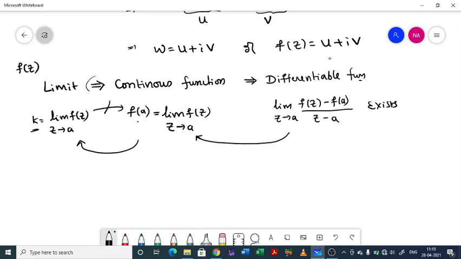See, this indicates we move from this concept to this concept. It does not mean that limit implies continuous. No, we discuss limit first, and then to say continuous function we put the double arrow. But limit exists need not imply that the function is continuous. Function is continuous need not imply that the function is differentiable. This is not true, but the converse is true. Every differentiable function is continuous and every continuous function has a limit.